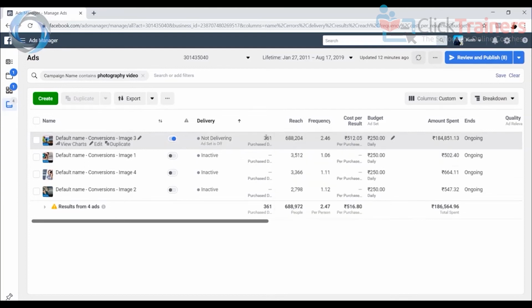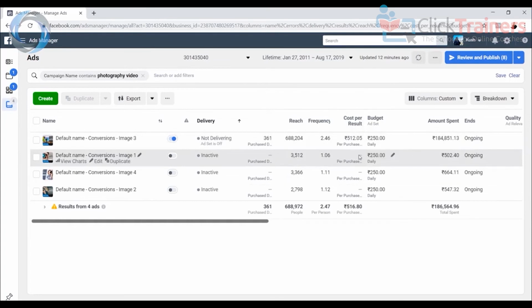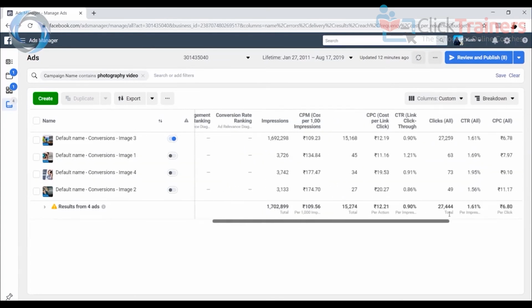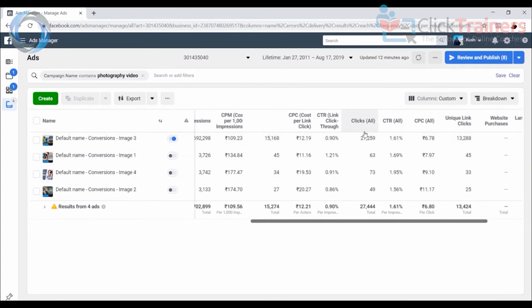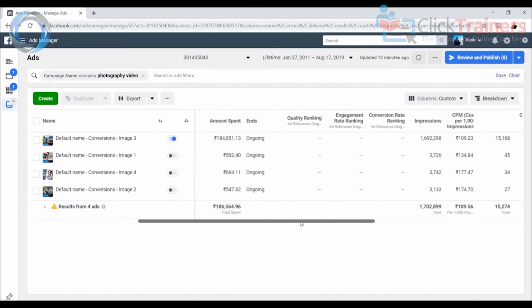Mostly I can tell you that a winning ad is winning everywhere, right? So these were just some very basic metrics that I wanted to discuss with you. I know there are a lot of other metrics like frequency and cost per result, but trust me, they're not really important right now. If you just get a hang of these 4-5 metrics that we discussed, this is more than enough to